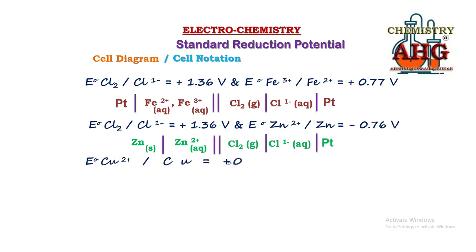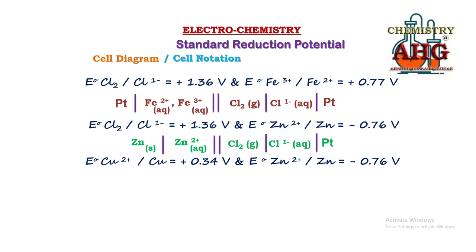One last example you can do. In this example you can see I am giving you both half cells containing metals, so no platinum will be used, but you will have to decide in which half cell reduction and oxidation will take place. In the copper half cell reduction will take place since copper has a mathematically greater reduction potential.